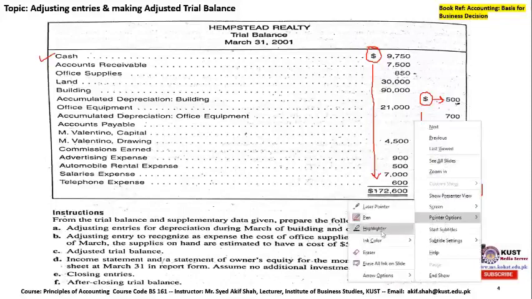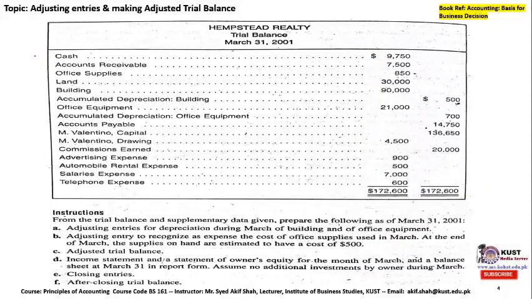So let me remove the ink once again. We are following the order of liquidity by mentioning the cash at the top. However, if you are given a certain balance sheet in a question, or as a hint, you can also follow the balance sheet rules, which I have explained already, that you have to mention the highly liquid asset at the top, which is cash, then account receivable. So we can see that the first few entries will be pertaining to the asset section. Then we have